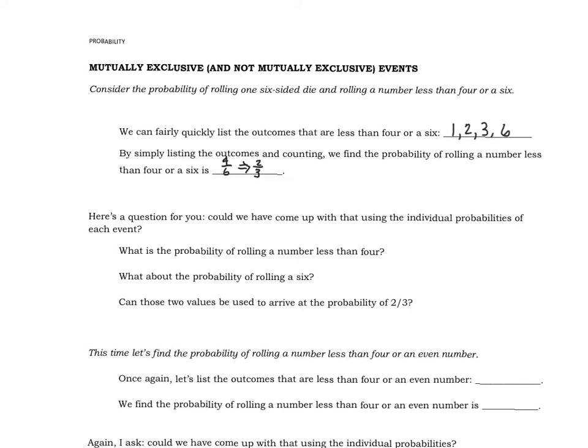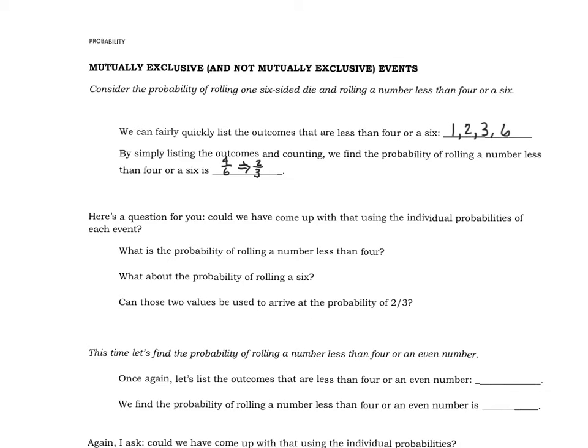Remember when we were doing the independent events, and how we multiplied the two probabilities together. Now, we don't have an "and" in this situation, okay? We're not rolling a number less than 4 and a 6. We're rolling a number less than 4 or a 6. So this is going to be a little bit different operation. So they're asking us,